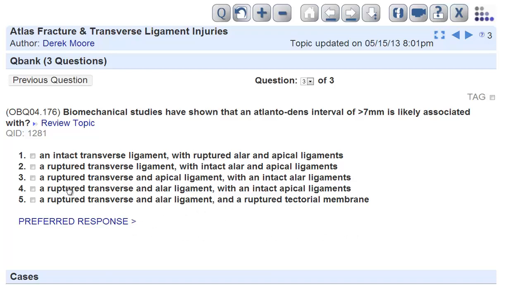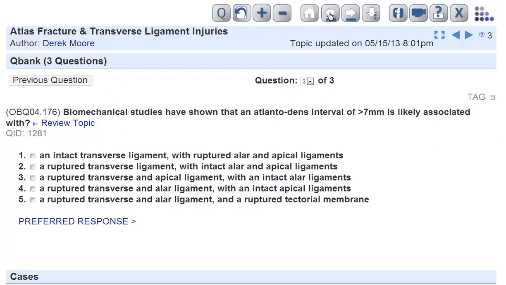So this is saying atlantodens interval of greater than 7 millimeters is associated with which of the following? A ruptured transverse, alar, and apical ligament. That is true. A ruptured transverse, alar, and ruptured tectorial membrane. That would actually be true as well. And the reason for this is,